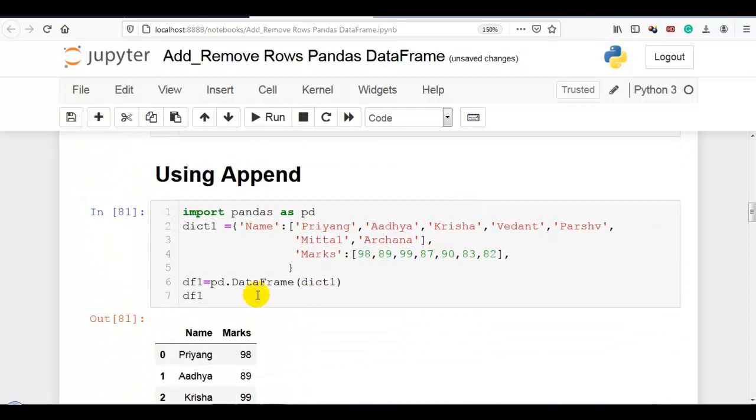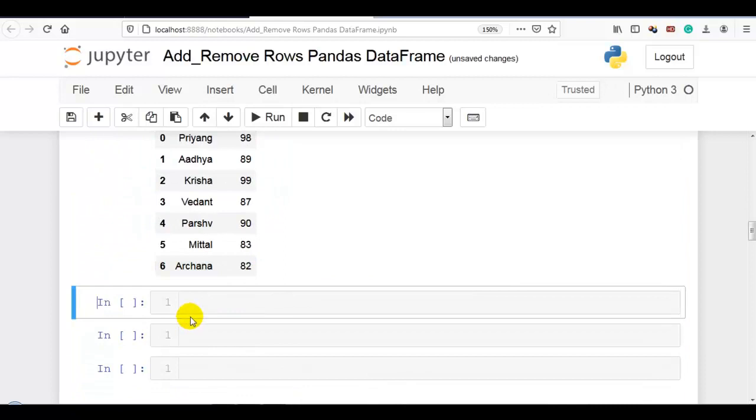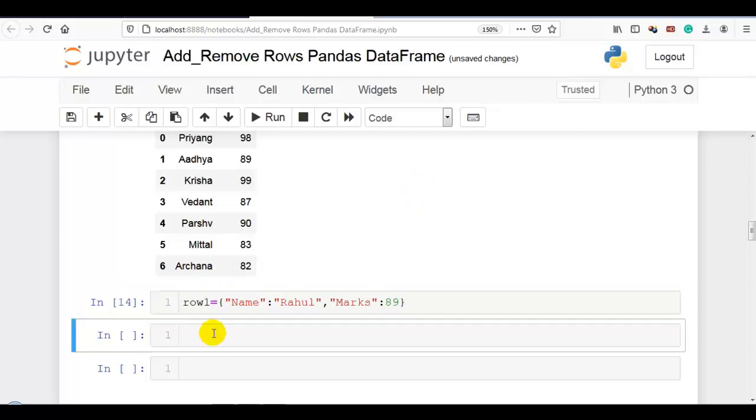Now second method, let me execute this data frame once again, then using append. So let me create a new row as a Python dictionary. So row1 is equal to name, let me again write Rahul, and marks 89. So this is our new row. Now append the row to the data frame.